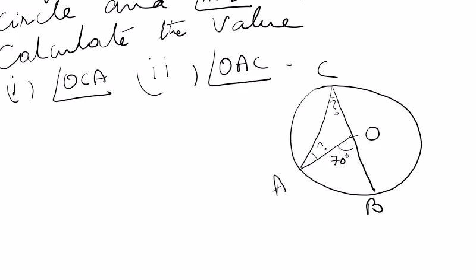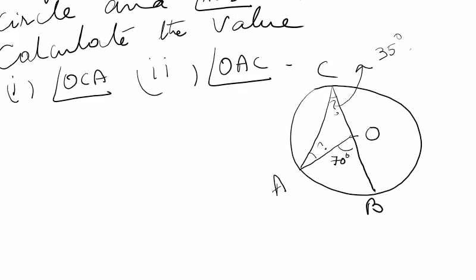Right? So now, how will you find it? I'll discuss with you, but you try to do it on your own. Will you be able to do it? What you have to write: angle AOB is equal to double angle ACB because of the theorem that the angle subtended by an arc at the center is double the angle subtended by the same arc in the remaining part of the circle. So that means angle AOB is twice angle ACB, so angle ACB is equal to half of angle AOB. So this will be half of 70, that is 35 degrees, right?